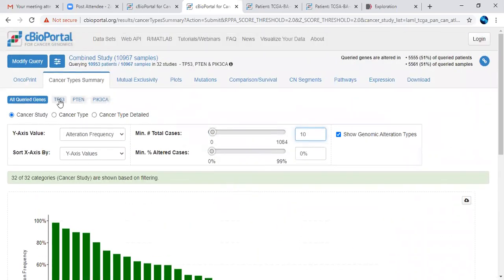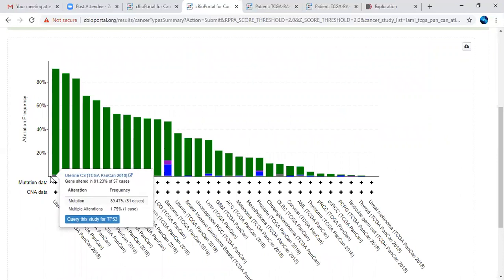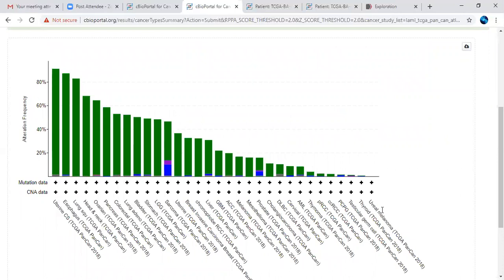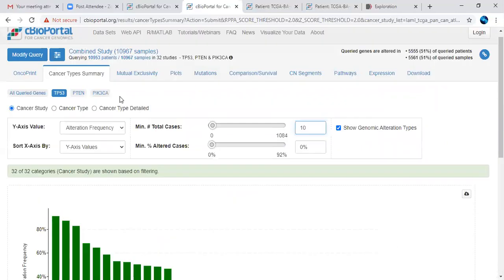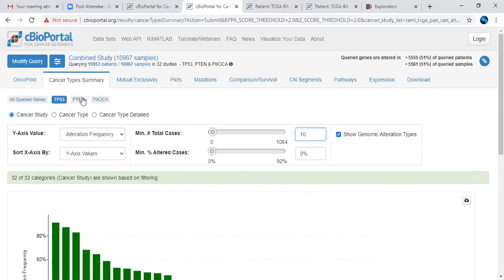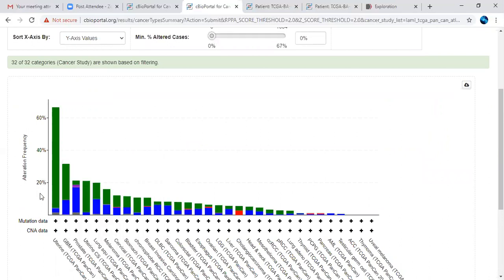So if you want to see only the genes with respect to only one cancer gene of your interest, it is showing with respect to only the TP53 gene. In the TP53 gene, how many cancers the gene has been altered in, with respect to mutation data and copy number alterations. Likewise, you can click on one particular gene and you can get the data set also. So you can see the graph has been changed now.